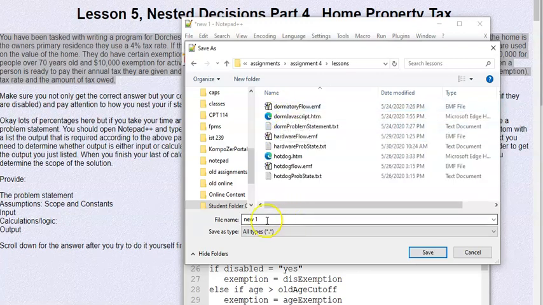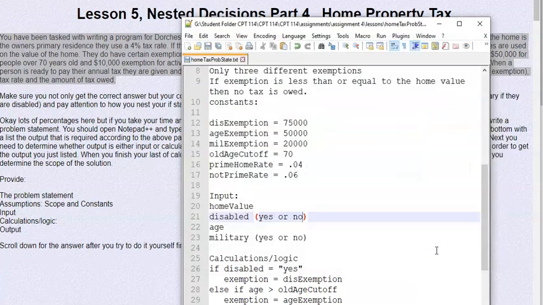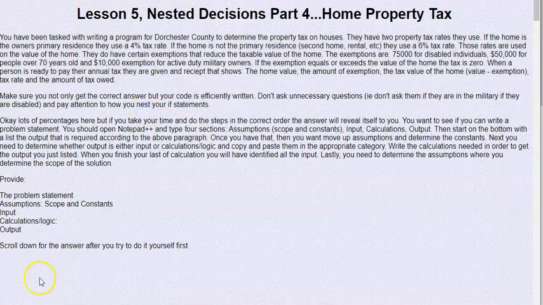And this is going to be the home tax problem statement. And again, since this is Notepad++, I have to put .txt. Okay, and we're done, and we're ready to work on the